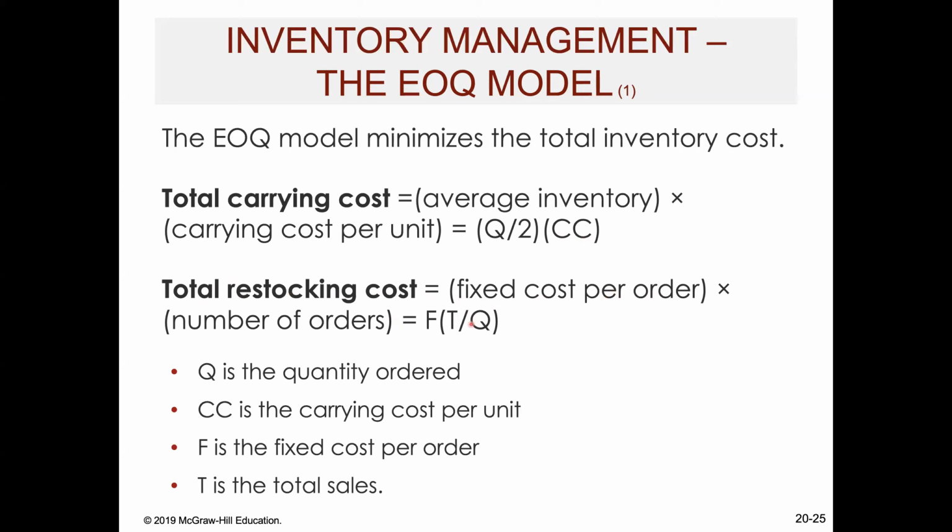That's the total sales divided by the quantity. So you can see Q is the quantity ordered, CC is the carrying cost per unit, F is the fixed cost per order, so shipping or whatever it may be, T is the total sales. So with this information, we can use this model in order to determine what is the optimal level of inventory